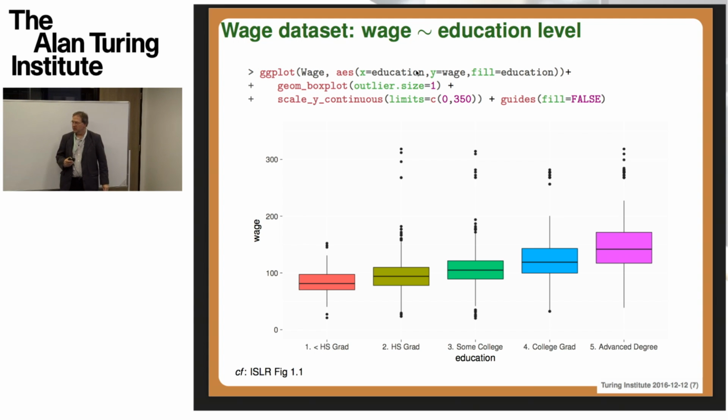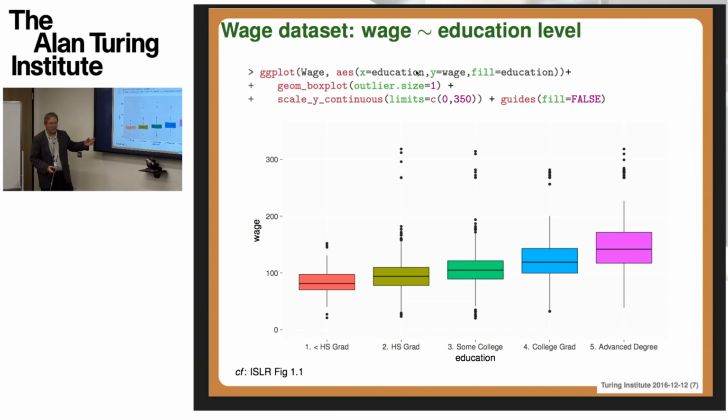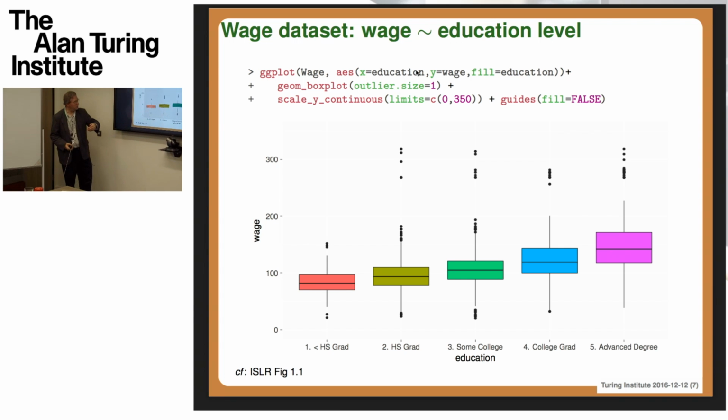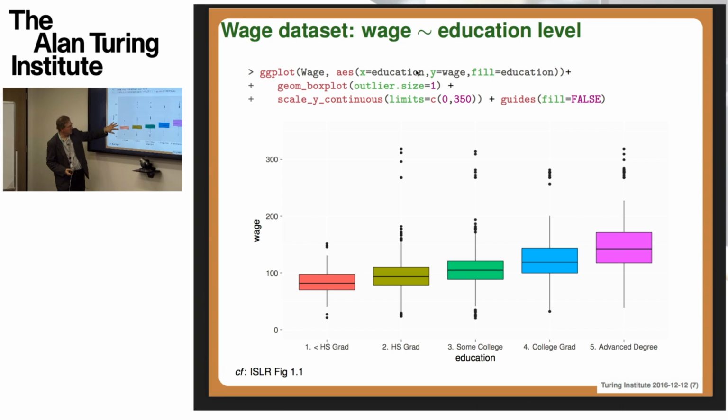Are box plots familiar to everyone? So a box plot is a way of indicating some information about the variability in the distribution of wages for each level of this educational parameter. The box itself is the interquartile range, so 25 to 75% of the data. These so-called whiskers are lines extending beyond the interquartile range out to the furthest data point that is no more than 1.5 times the interquartile range. And then any data points that are beyond that whisker level are shown as individual dots. At that point there ought to be rather few of them.